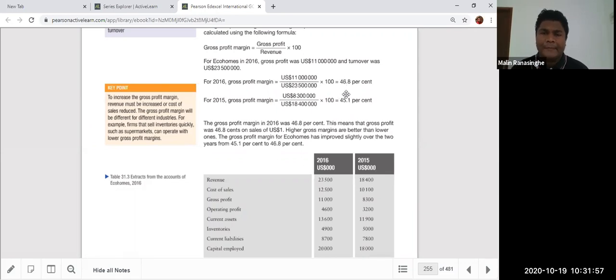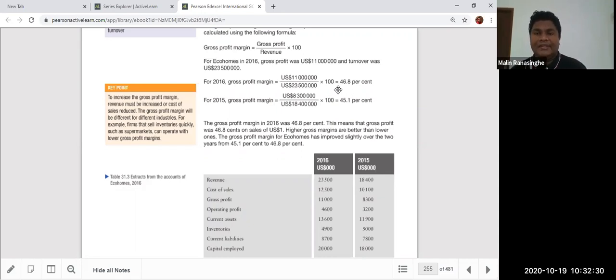Sometimes it might be 10%, 15%, 5%. That's enough, because these businesses are always full of customers. So they are not keeping a huge profit margin. They can give discounts and sell everything fast, because the goods are perishable, not durable. We can't store them for a long time. They should be sold quickly, like food items, vegetables and fruits. You can't keep them for a long time. You have to sell fast. Therefore, you can't sell them at a very expensive price. People will not buy like that.